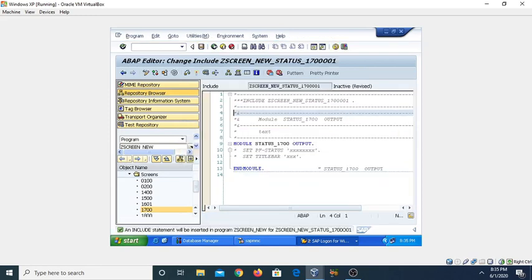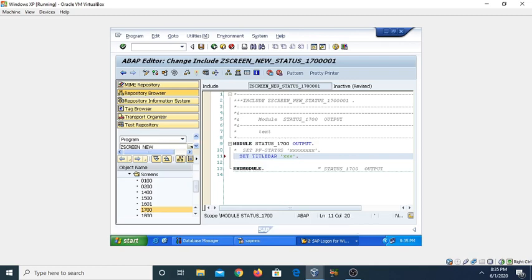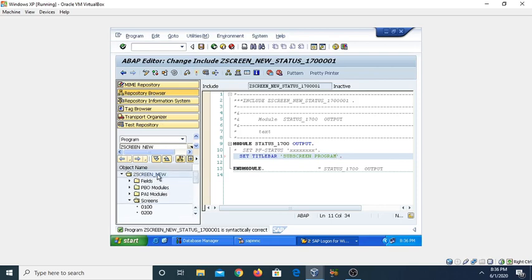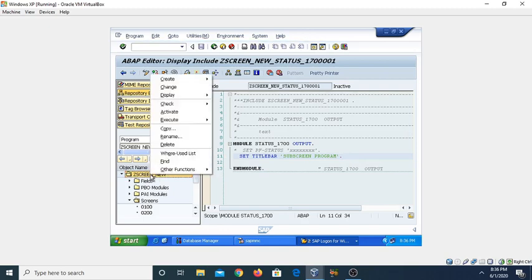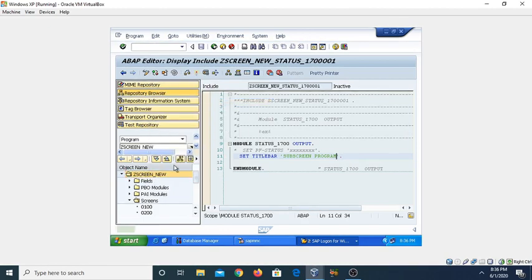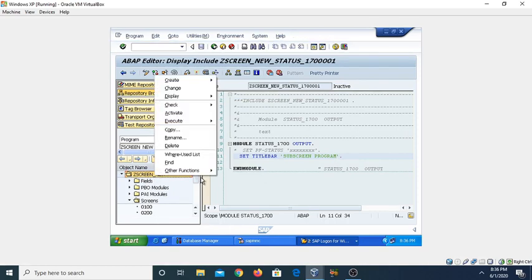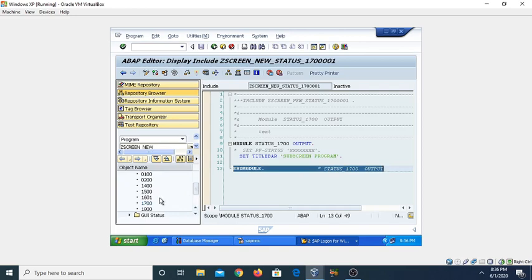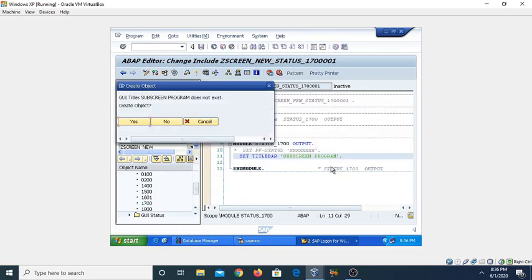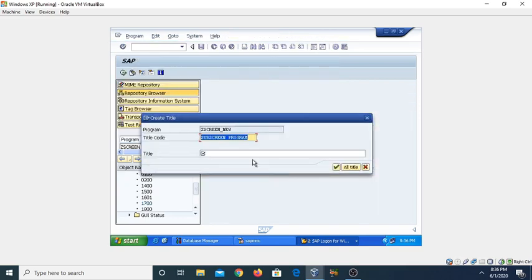So now I am assigning here set title. So the title is our subscreen program. Now click on the save button, check for the syntax, and then make it non-editable mode, right click on it, check for the syntax, just double click on it, create yes, and give the title here.